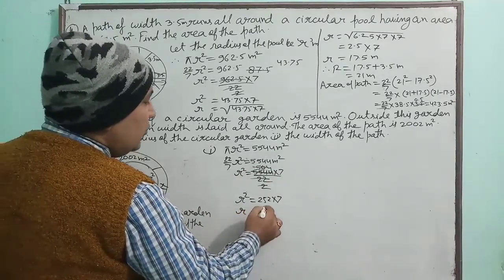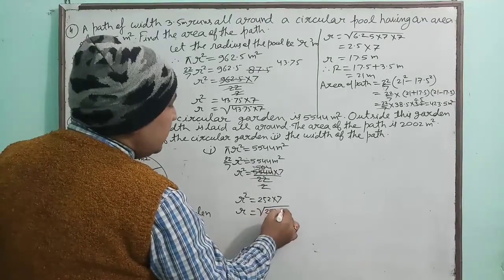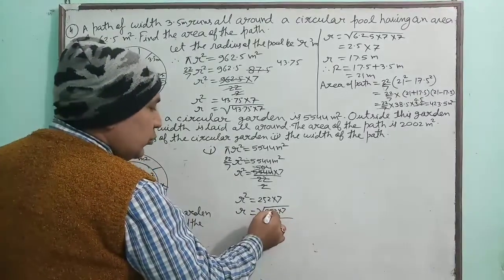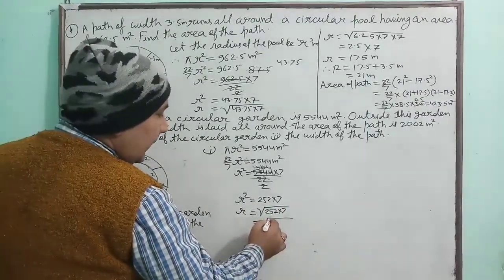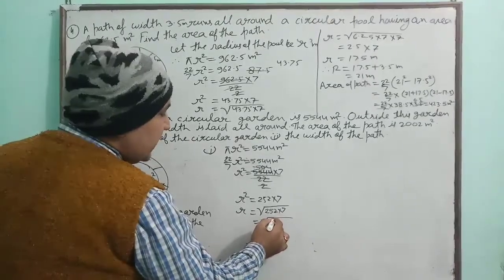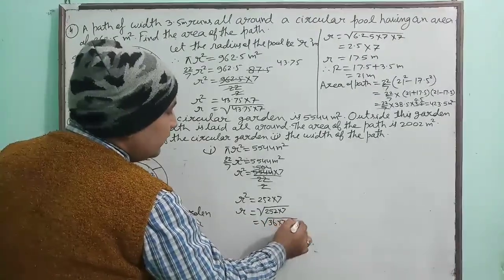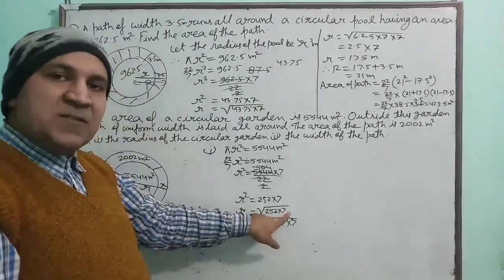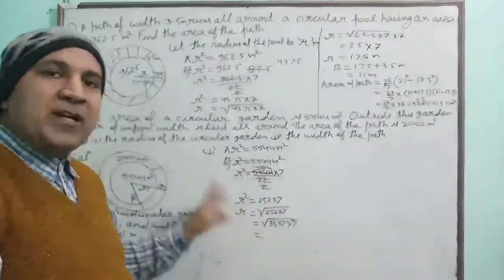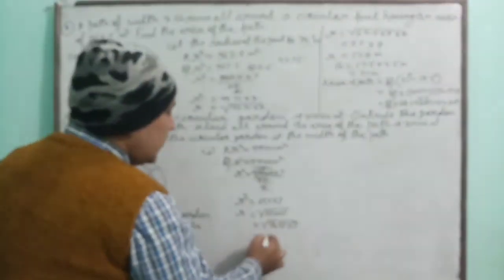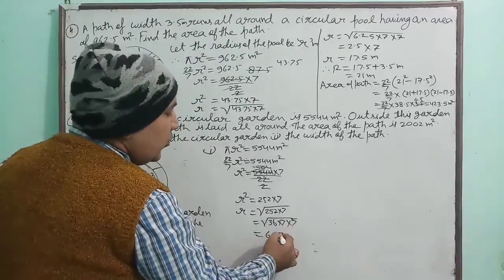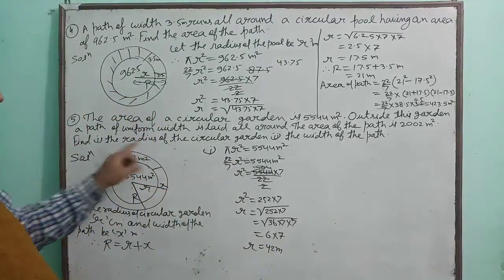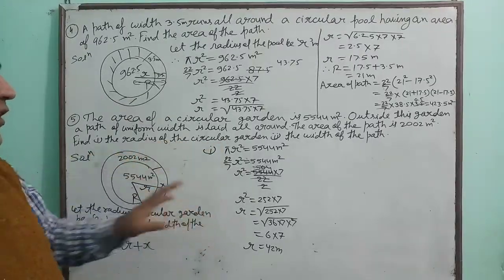So r is equal to, again, square root of this number. Now see, I have told you the technique. This 252 must be broken by 7. 7 3s are 21, 7 6s are 42. See this one. In this way you can make your calculation easy. Once 7 is present, so next number must break by 7. Square root of 36 is 6 and out of 7 2s, 7 is coming out. That means 42 meter. So radius of the circular garden is 42 meter.